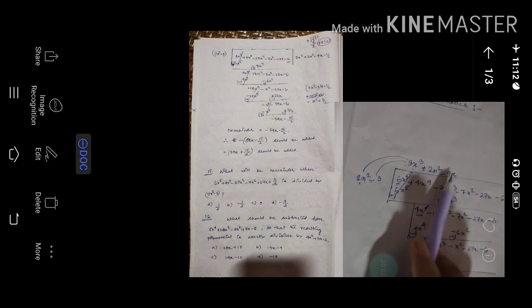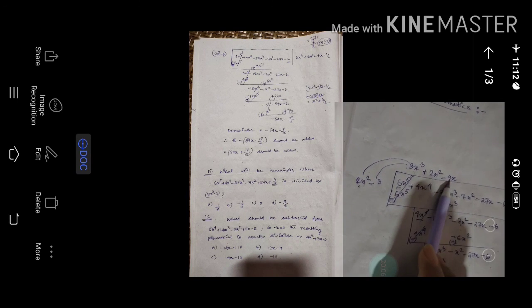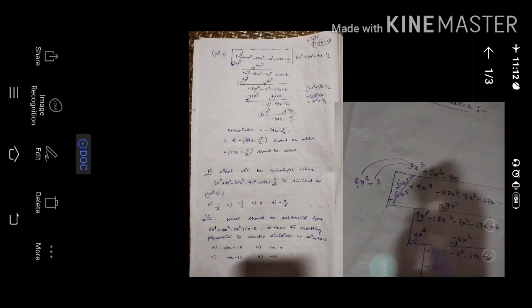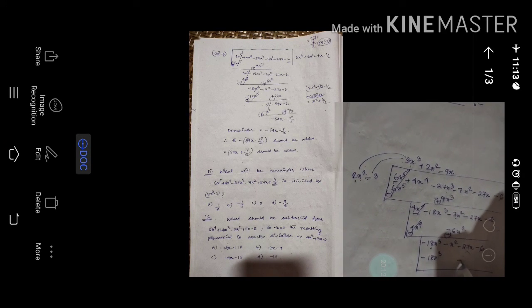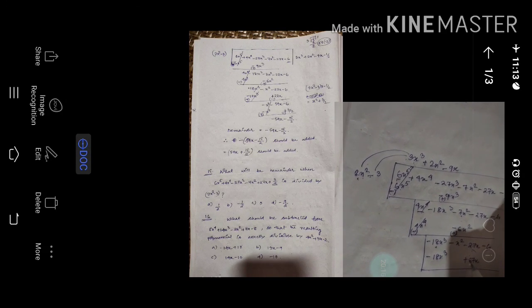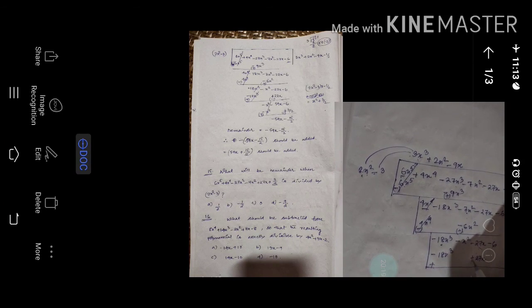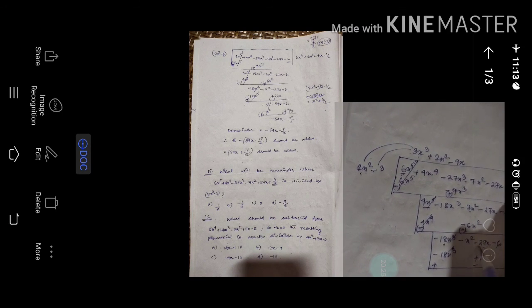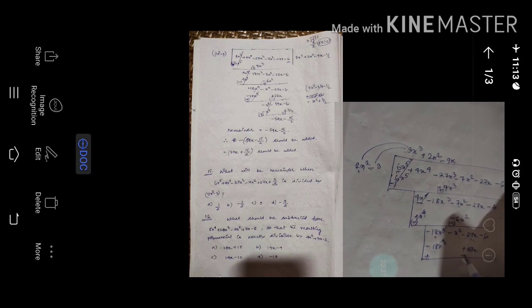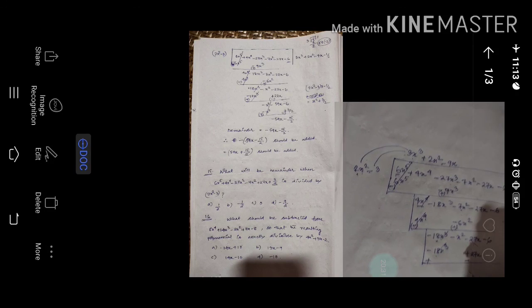This minus 3 with minus 9x, 9 times 3 is 27, minus minus plus, 27x. Where is the x term? Here. So minus minus plus 27x. So here minus is there, it will be plus, here plus is there, it will be minus. So again this minus 18 plus 18 gets cancelled. Now see carefully, minus 27x, here minus 27x, so it will not get cancelled. One should be positive, one should be negative, then only you can cancel.